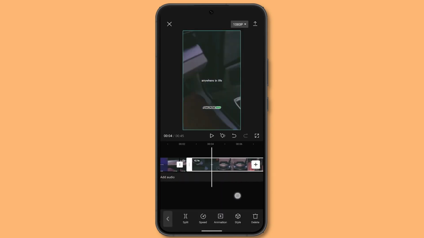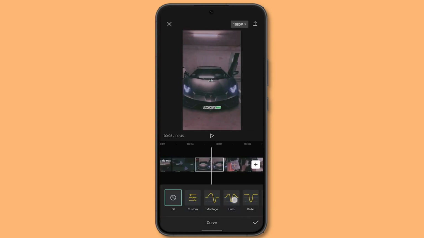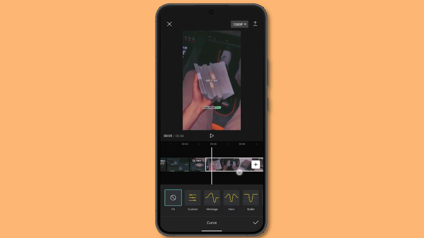Simply make some cuts and head over to your speed and curve. From there you can add a hero or bullet as well. So you can see a speed curve is now added onto your video. So that's a pretty simple process on how to add speed curves in CapCut, and I really hope you understood